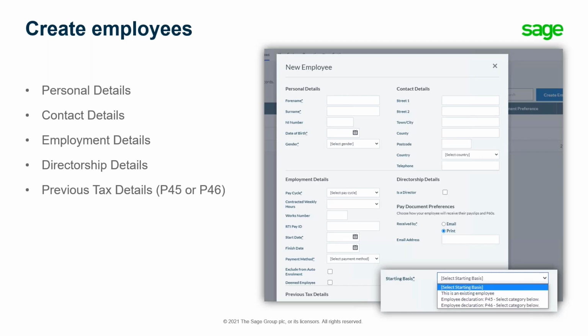for sending payslips and P60s to your employee. So you can set them up to be emailed, where you'd be prompted for an email address and a password to protect those documents, or you can opt to print your payslips and P60s, which you'll be able to do onto plain paper. And then finally, you selected the starting basis, which for a brand new employee would be their